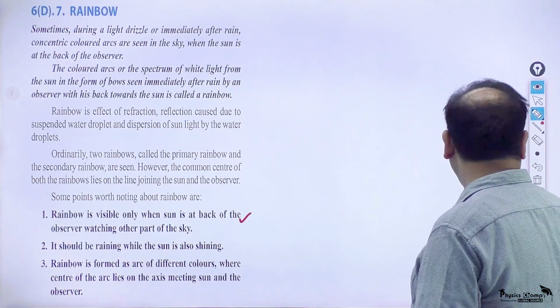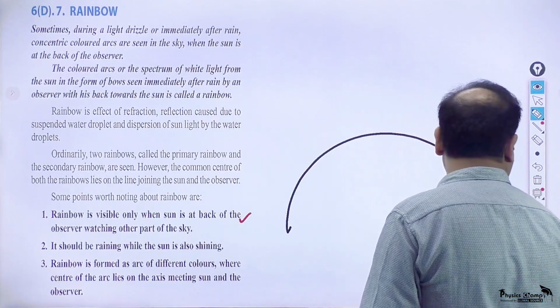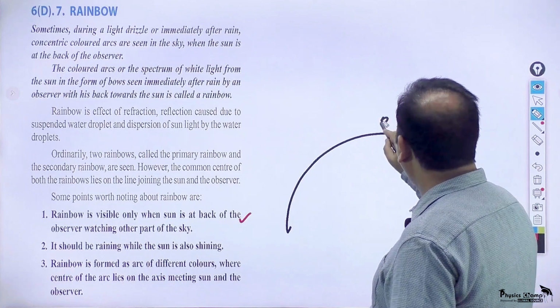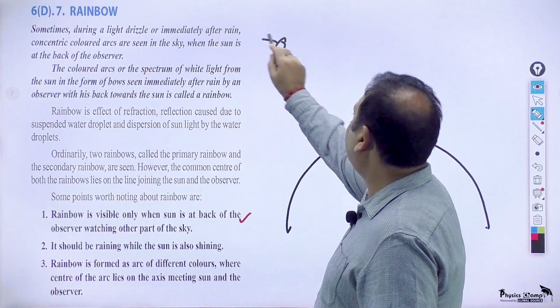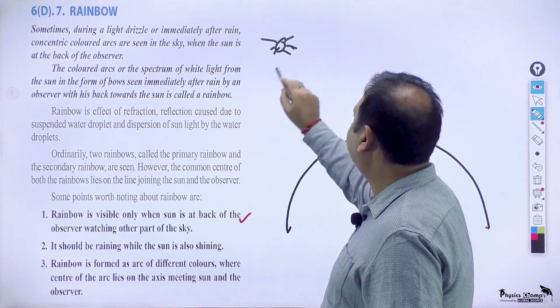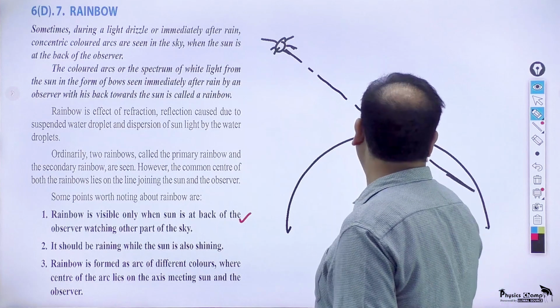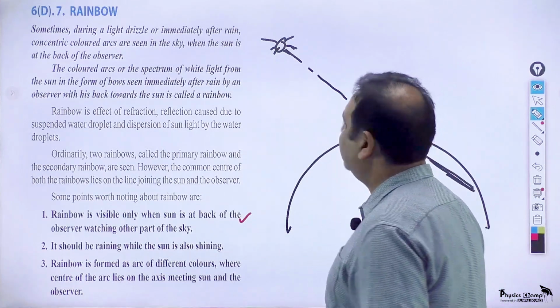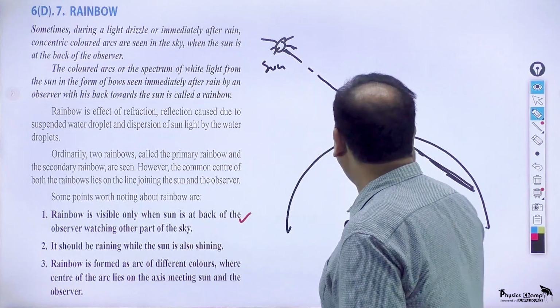I'll just try to show you to give you a little idea. It is like you are standing here. The sun is at your back and there is a line meeting you and the sun. I call this the axis.